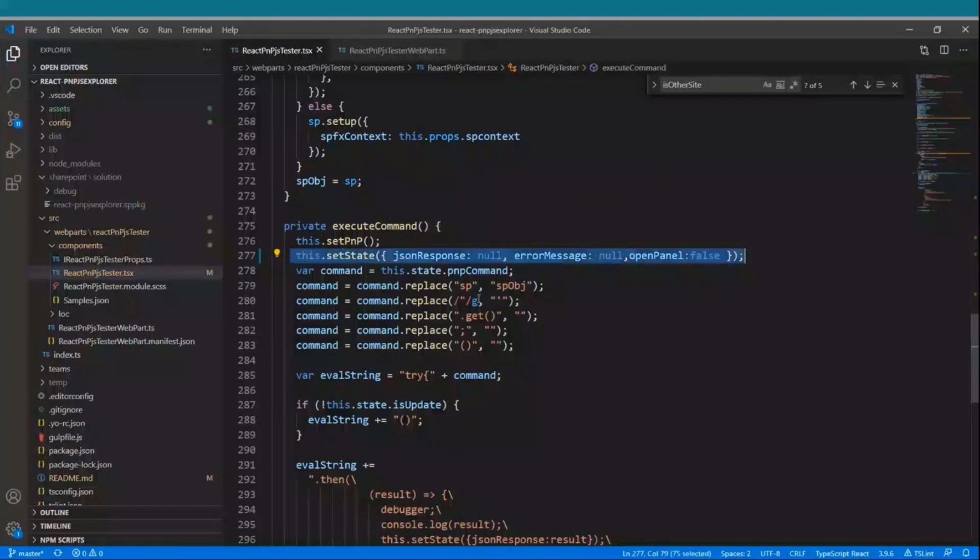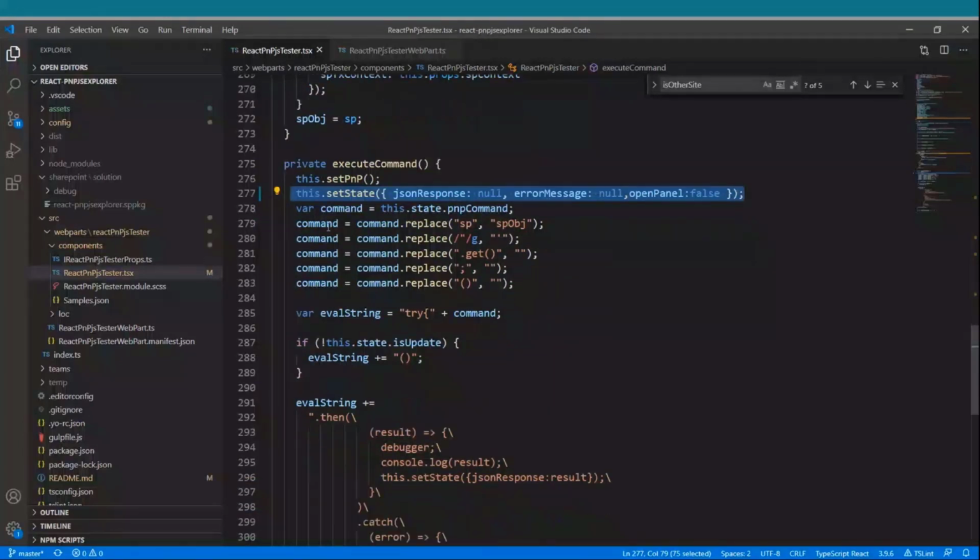Then the other thing is this is just to clear the state objects, okay? And to display the JSON which we get, I'm using an npm package, React JSON view, which requires just a JSON object as an input, and it will automatically take care of displaying it in the expand and collapse way, which we have seen already.